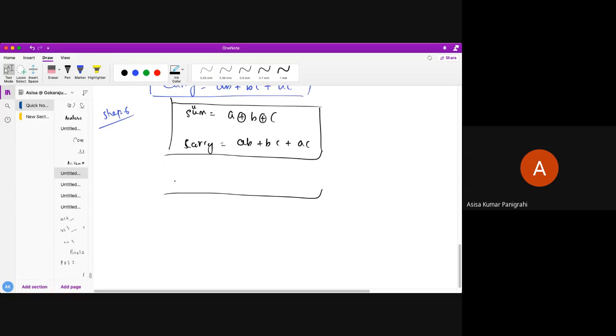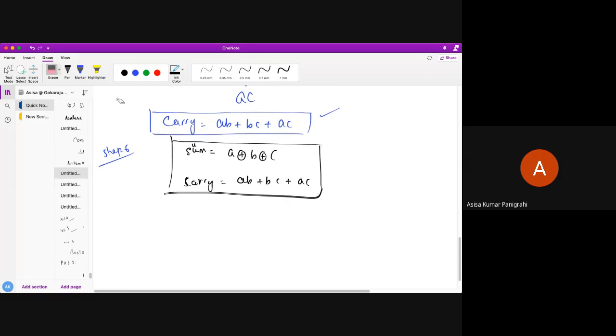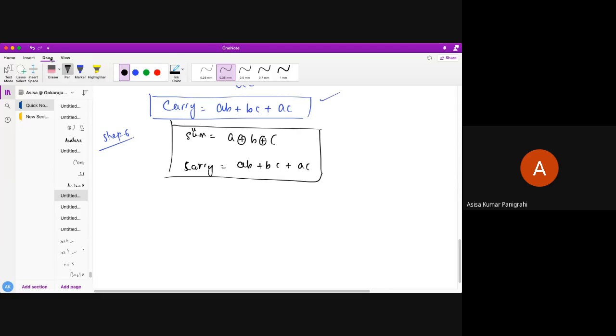So see here what I am going to do to implement this. Okay, so I'm going to implement it. Just see here the way I'm doing, you also do the same way. So this is my implementation, step 6. Step 6 is my implementation part.